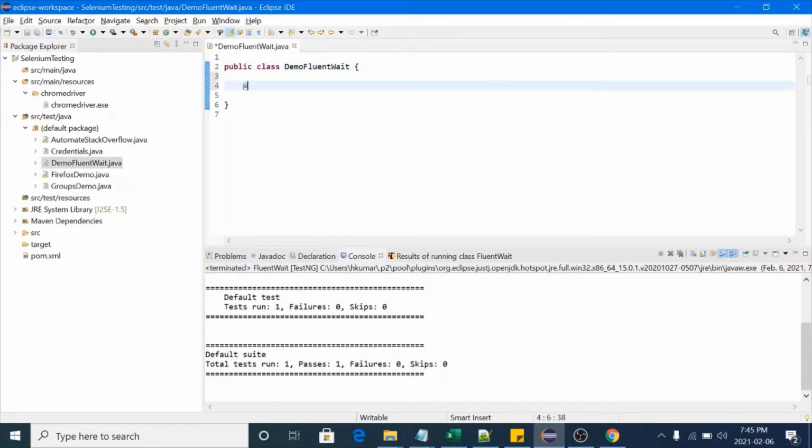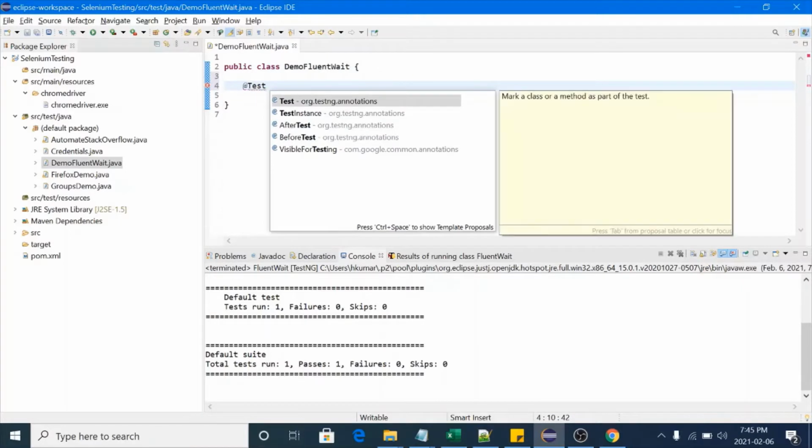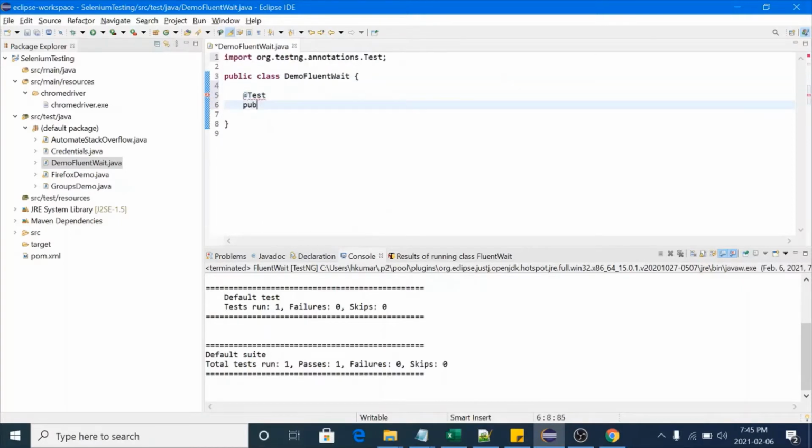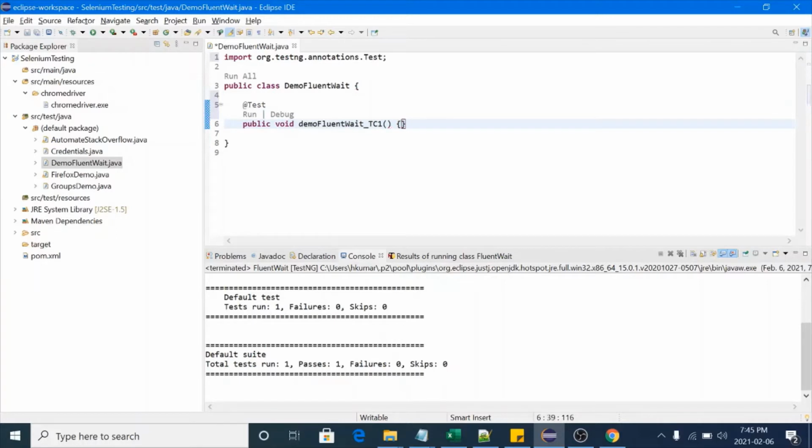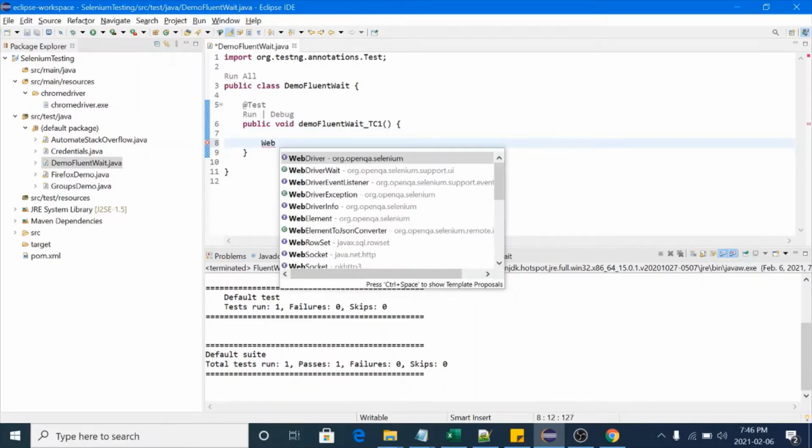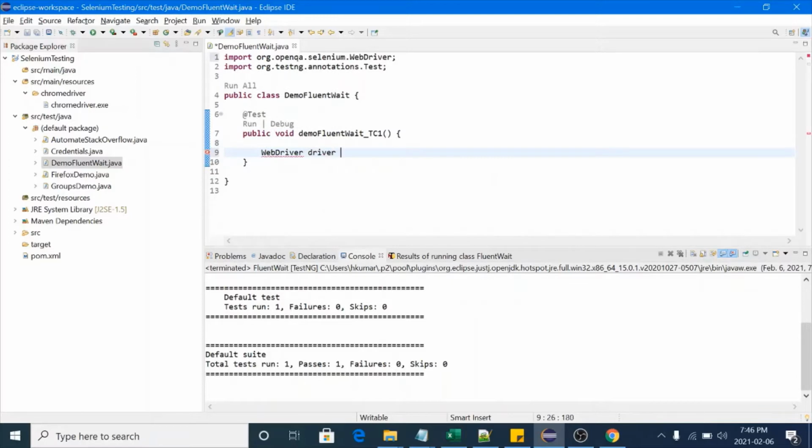I will create one test annotation and public void demoFluentWait_testCase1. Okay, so in our demo we will launch the Chrome browser. So I will create one WebDriver driver is equal to new ChromeDriver.